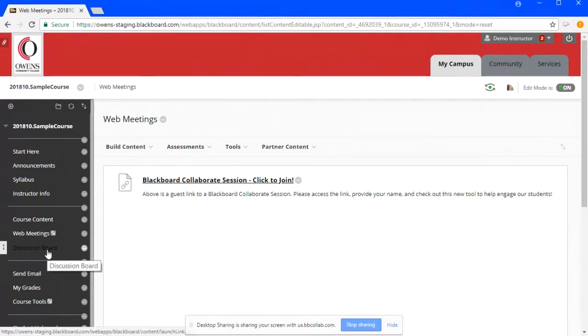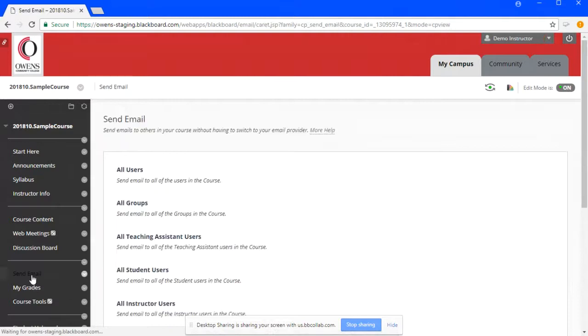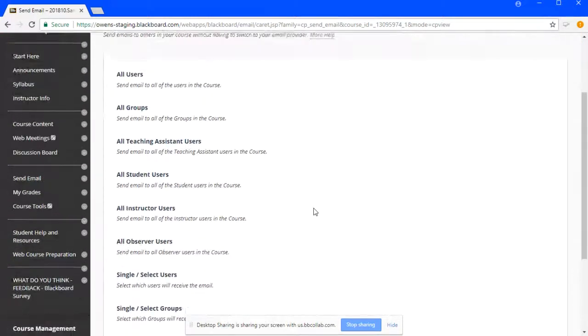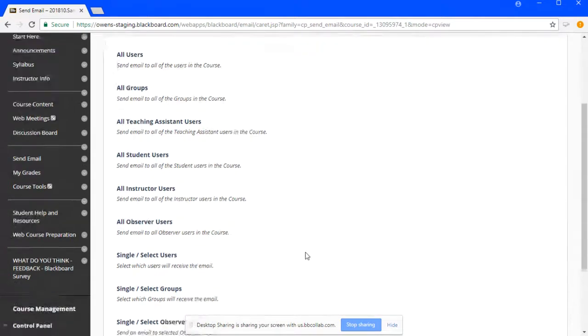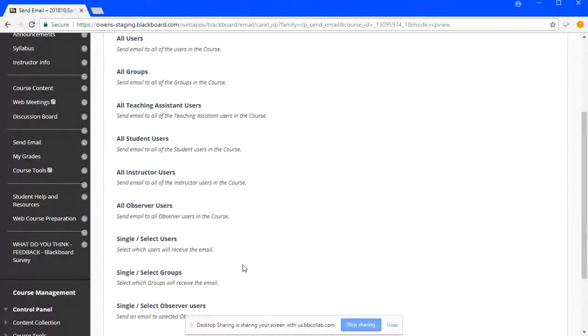The discussion board will stay the same. However, like I said earlier, it's gone from discussions to discussion board. This is the neat feature a lot of people seem to like. When you click send email, it goes directly to the send email tool where your students will be able to choose what type of users, or single or select users, that they would like to send an email to.